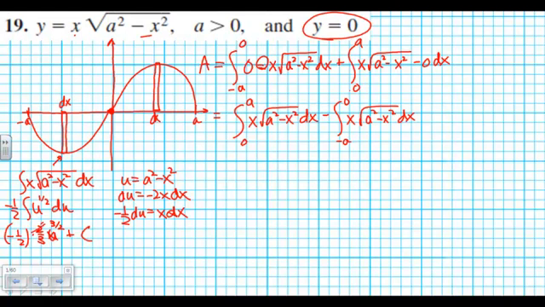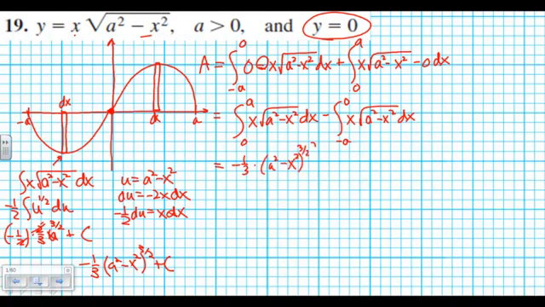These twos cancel, and I end up getting negative 1/3 u, which is a squared minus x squared, to the 3/2 plus c. Which means if I take that information, I get 1/3 times a squared minus x squared to the 3/2